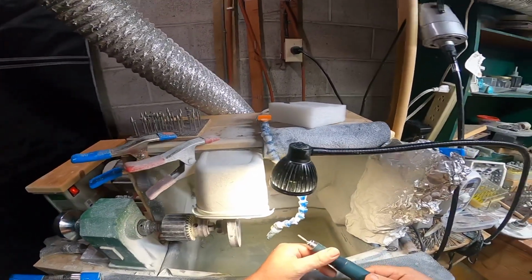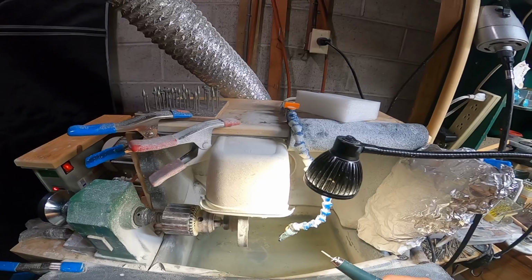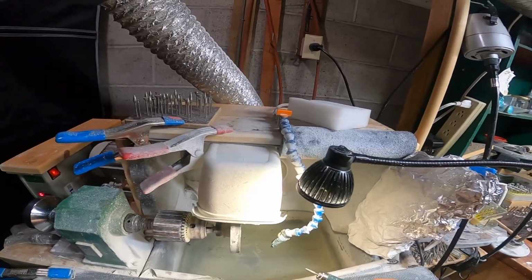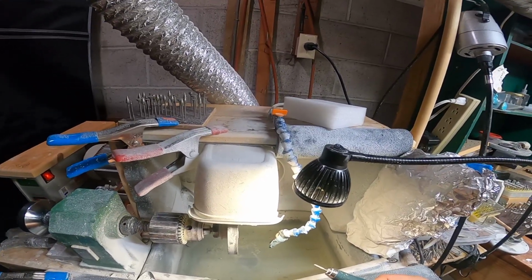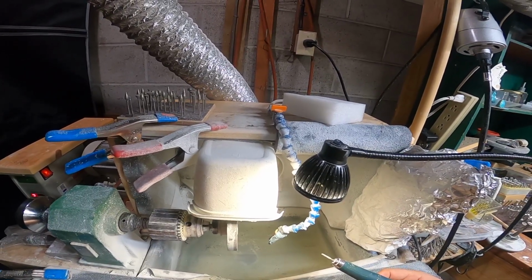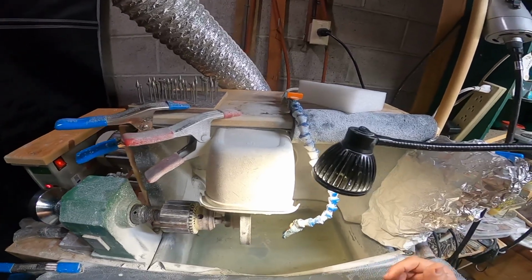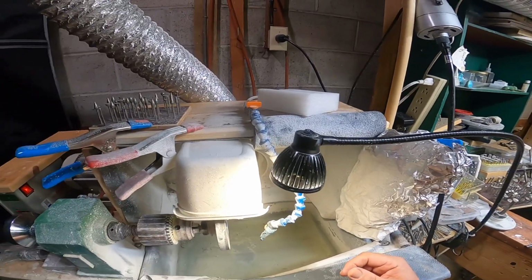If you're a beginner carver, I often recommend getting cheaper burrs because you're just going to wear them out anyways. As a full-time carver, I buy oodles of cheap burrs and I buy oodles of expensive burrs. I buy every kind of burr imaginable, except I have never invested in the really expensive sintered burrs. I've used some sintered burrs, but I've never found them so far to be what I needed or really wanted to spend that much money on. And I'm sure that some are absolutely worth it and probably fantastic for certain uses, but